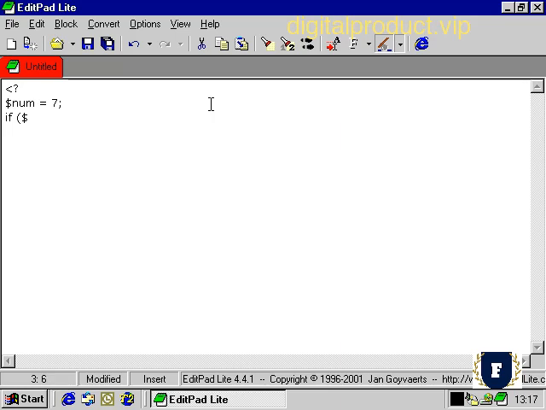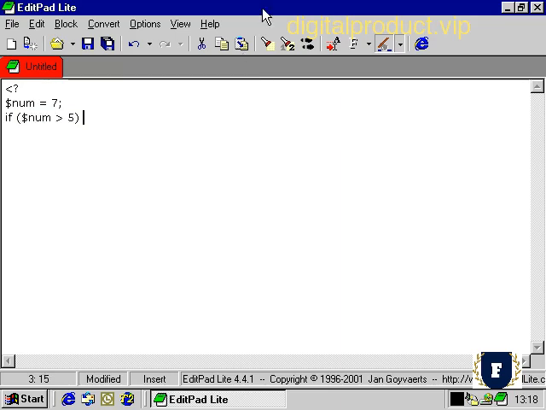And then we put our condition inside. So we're going to say if the variable num, then we're going to use a little symbol you may or may not have seen before, and this is the greater than symbol. We're going to put the number 5 in and close the bracket, and this here is our condition. So if this condition, being the value of the variable num being greater than 5,